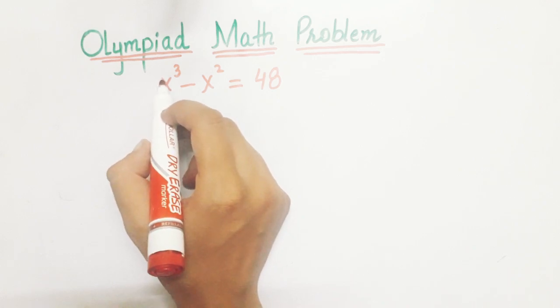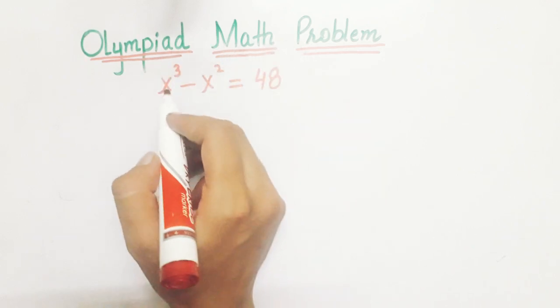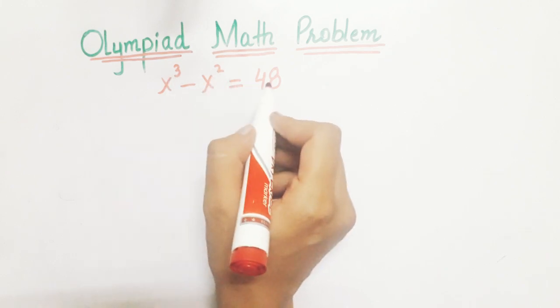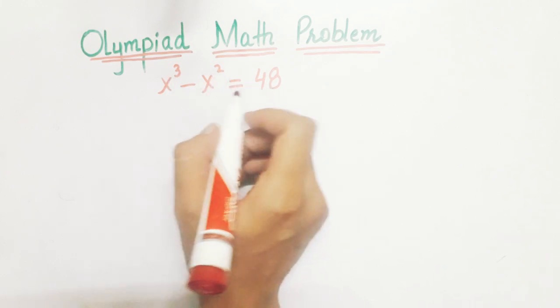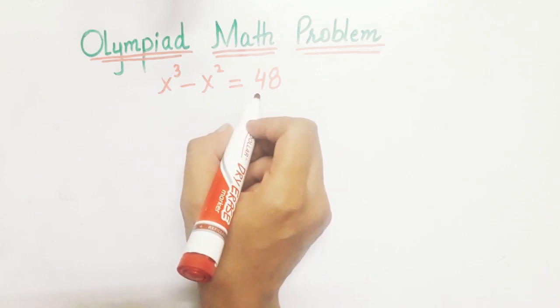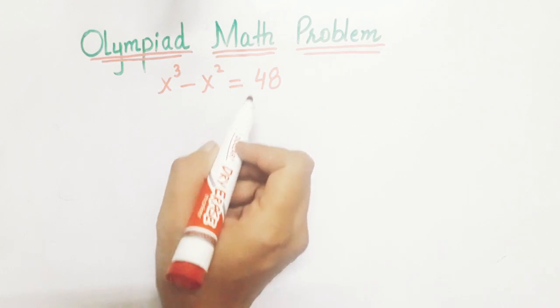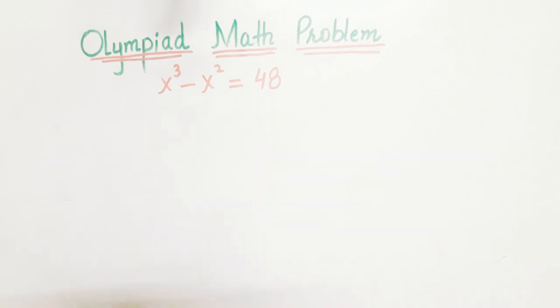In today's video, we are unlocking the most important Olympiad math problem, that is x cube minus x square equals 48. We will solve this step by step and you will remember this problem in exams. So, given is x cube minus x square equals 48. We will break down the 48 as,